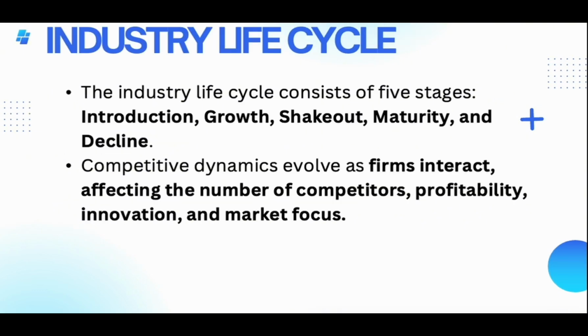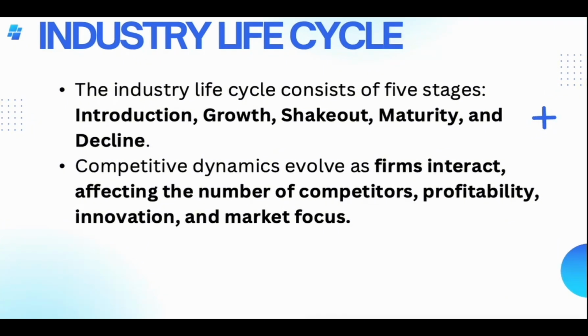Now let's go to industry life cycle. So industry life cycle consists of 5 stages: introduction, growth, shakeout, maturity, and decline. Now competitive dynamics evolves as firms interact, affecting the number of competitors, profitability, innovation, and market focus. So we have 5 stages in the industry life cycle. And as you can see in your module,